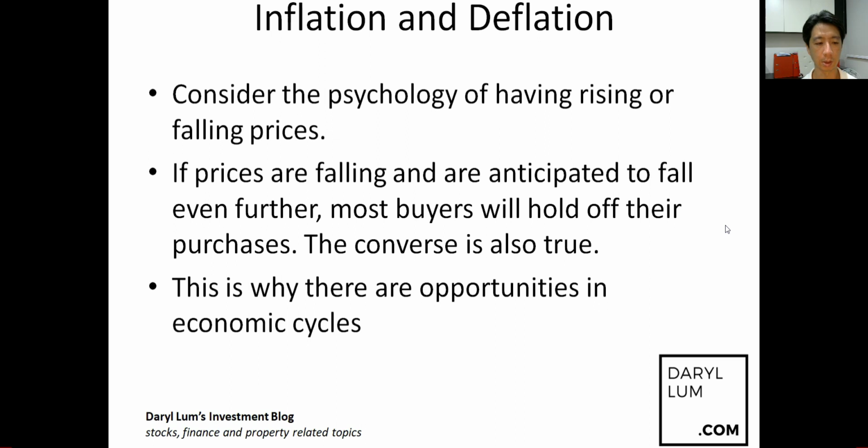The converse is true when there are a lot of reports saying that property prices will most probably rise over time, say by 4% this year. A lot of people will say, I better buy now, because if not, in future the prices will be higher by 4%, and I want to save that 4%. So in a positive property market, people say I better buy now because tomorrow will be more expensive. But in a negative property market, people say I'm not going to buy now, maybe tomorrow or the day after or next year, because property prices are falling.